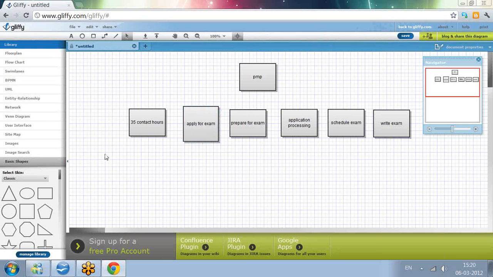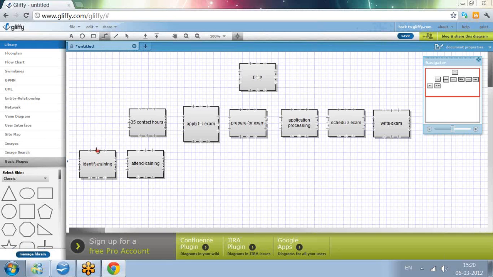And for 35 contact hours, even for that, we'll have to break that into multiple things. Identify trainer, identify training, then attend training. Identify trainer and attend training. So here I can